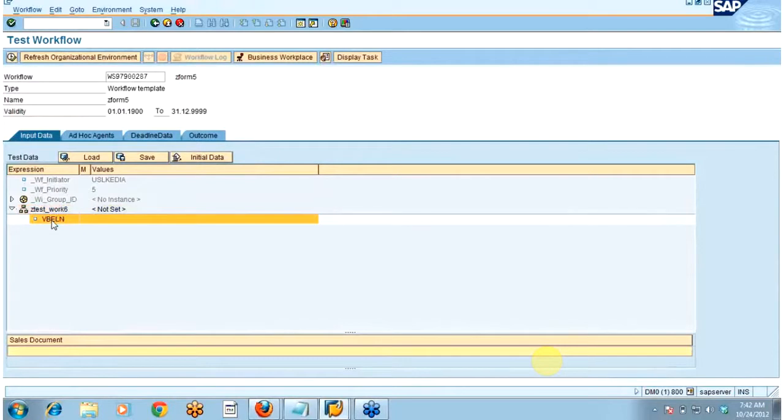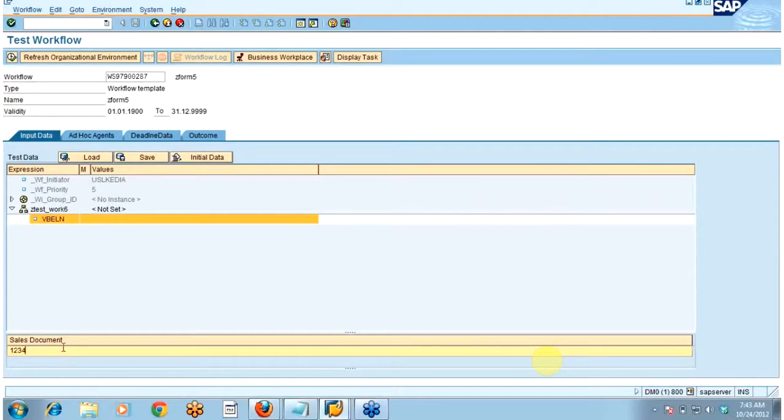Like we will be writing one standard function module called start workflow, and there you can pass this particular VBELN number. I will be showing you how to pass this VBELN number from user exit as well, so that you can pass this VBELN to the container, and that particular value will appear in the form, and that value which you have provided, once the sales order is approved by the manager or the partner of the company, then that sales order should get saved in the database. Suppose in the company this is the requirement, then you can go through this approach.